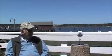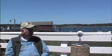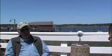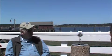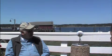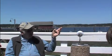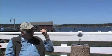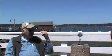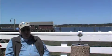What happened to all the wharves, especially the U-shaped ones? Well, most of them deteriorated to the place where they couldn't be used anymore, and then I honestly don't know whether they just eventually fell down or whether they were taken down. Like the Robertson's Wharf that was built here in 1885, before this one was built, within 20 years that wasn't usable anymore. They didn't use creosote pilings in those days, and I assume that they used cedar, but